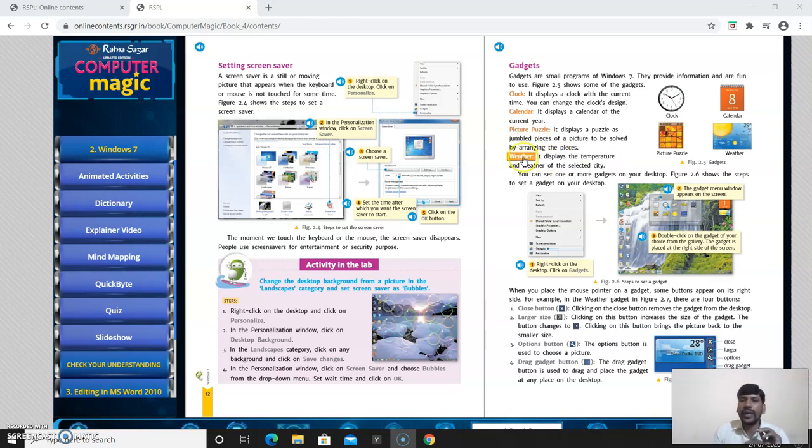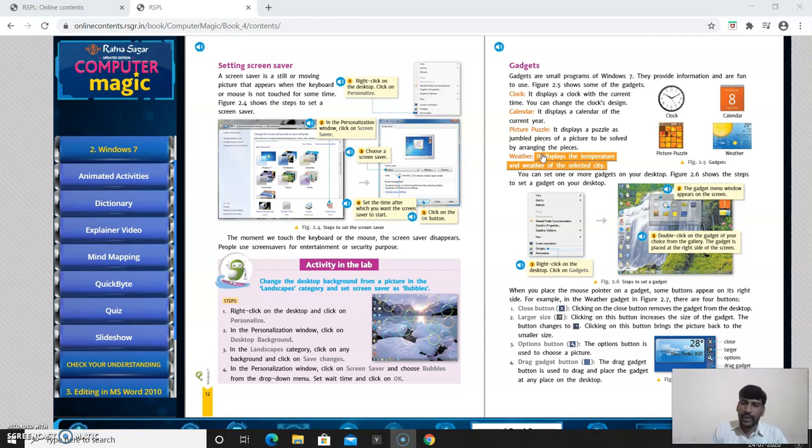Now the fourth one is the weather. What is the weather? It shows the temperature. It displays the temperature and weather of the selected city. Whatever city you select, it will show that city's present temperature and weather. Now we are in Hyderabad, so select Hyderabad city, and it shows the particular date, temperature, and weather.